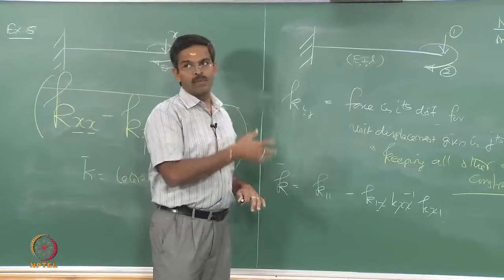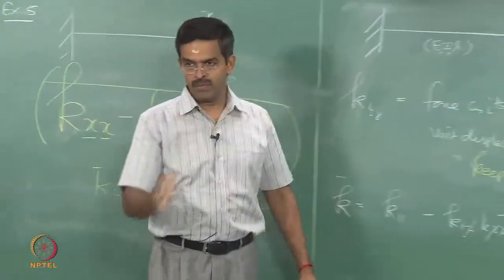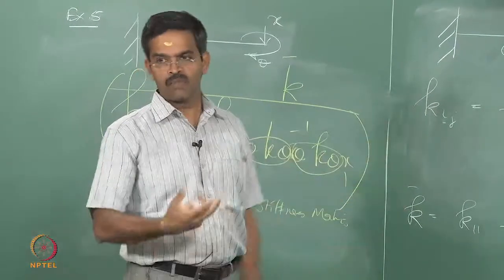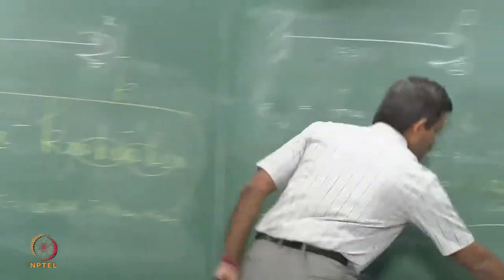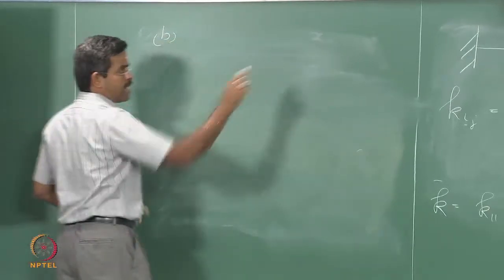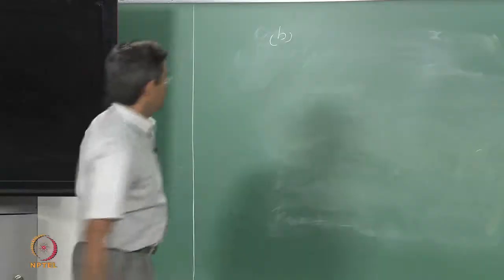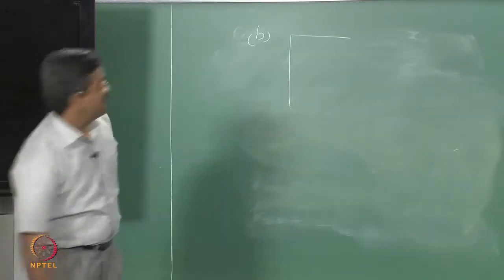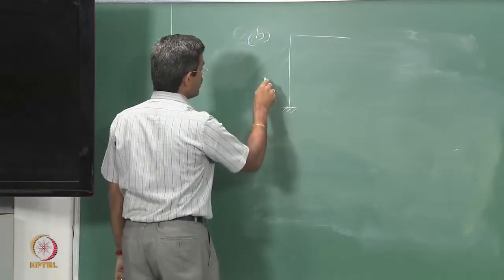So, it is demonstrated with an example like this. We will also do another example to demonstrate this in a frame problem, because jacket structures are frame structures. We will take up a jacket problem and see how this can be demonstrated for a frame problem. So, B, this was A, I will demonstrate with one more problem. Let us say I have a frame like this, EI, L and EI, L.